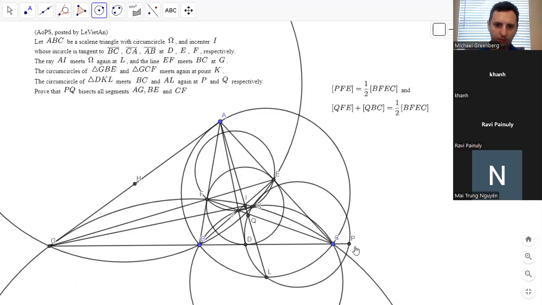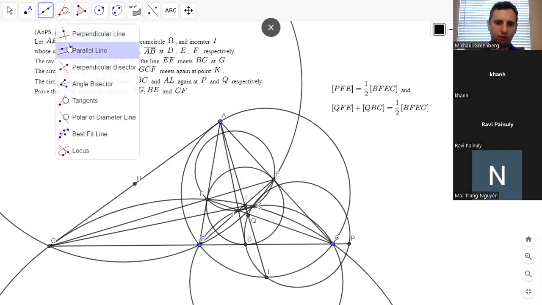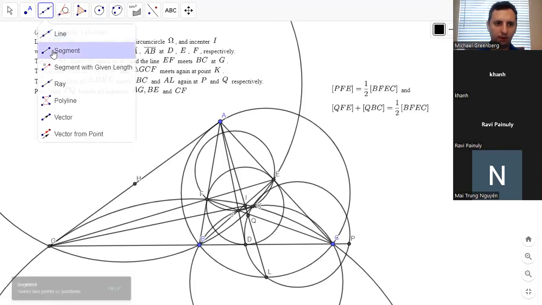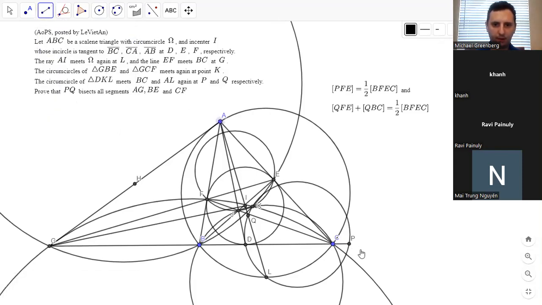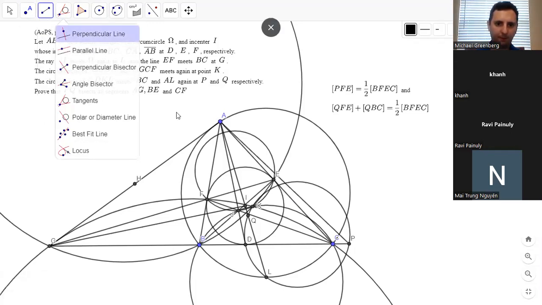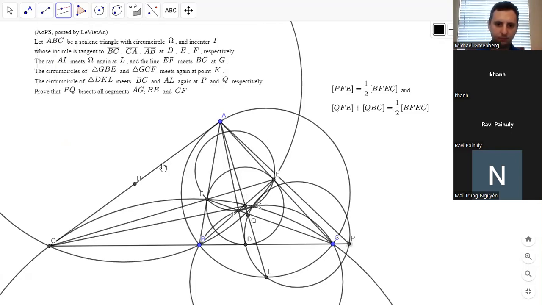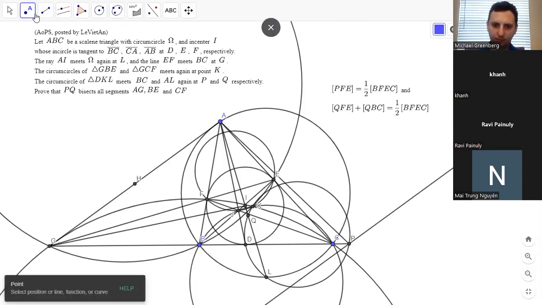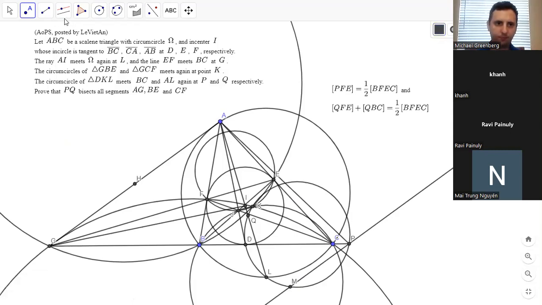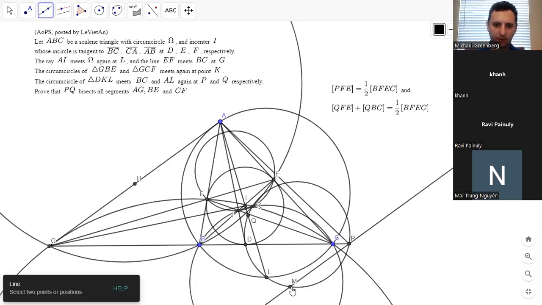So what was I doing? First I tried projecting through Q. What if I project through P? So H goes to Q, G goes to D, and we can see where A goes. So we have QD, A goes to that point, and then the point at infinity goes to here. And maybe there's something special about this. So M,